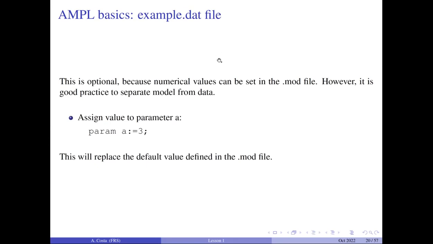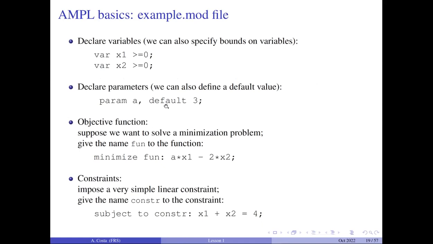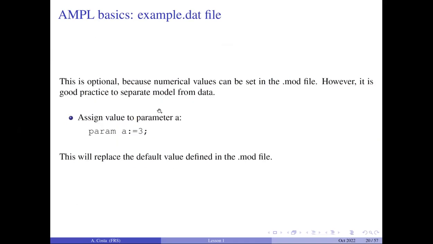Okay. Then another thing I want to mention here, I say that the parameter a can take the default value 3. This is the way we define data inside the model. But we can also have in the data file that you will see later, something like that, where we say that the parameter a is, we assign value 3. This is the syntax, this is the way we do that in the data file. So it means that later we want to change this value in another data file, we can overwrite what we define here as default with this expression in the data file. But you will see this later.